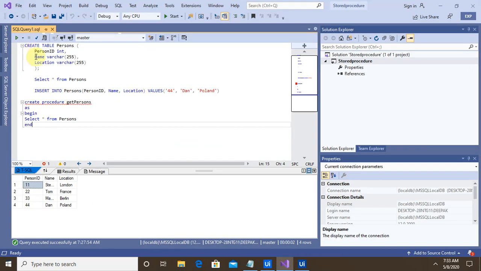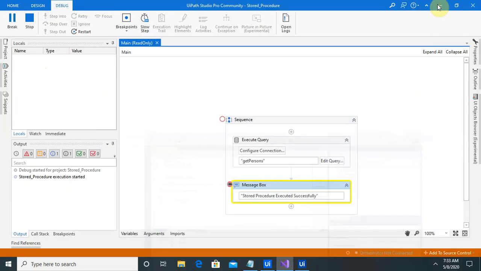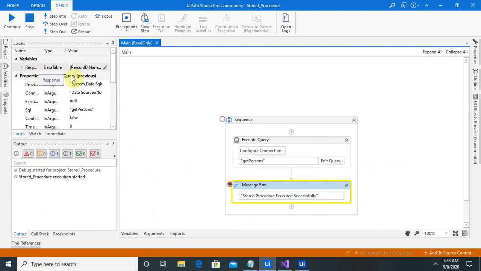Before that, you can see here I have already created one table, and in that table I inserted 4 records. I am calling this data by using this stored procedure. Now you can see execution is completed and it reached the message box. Let me open this.